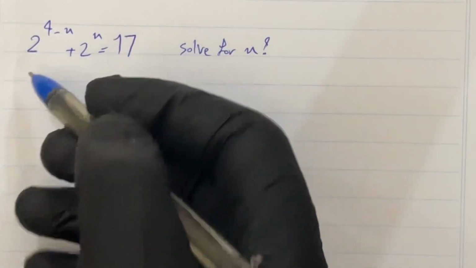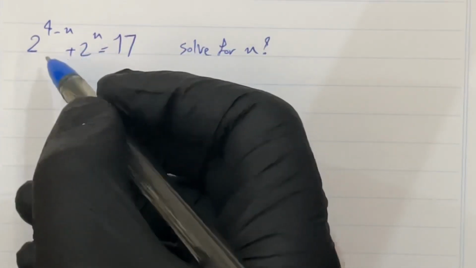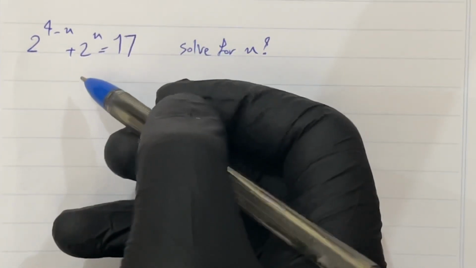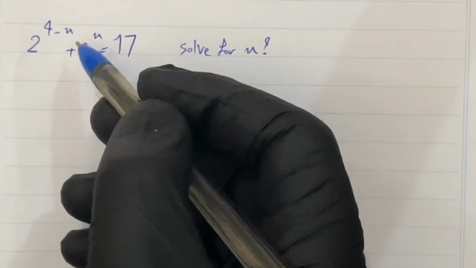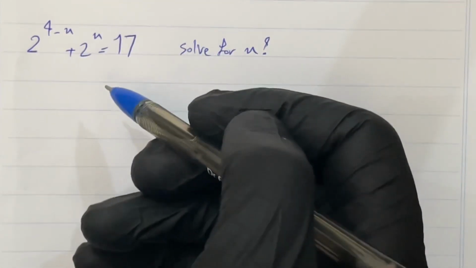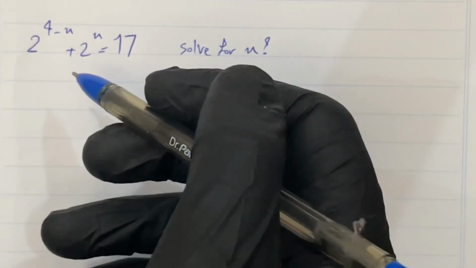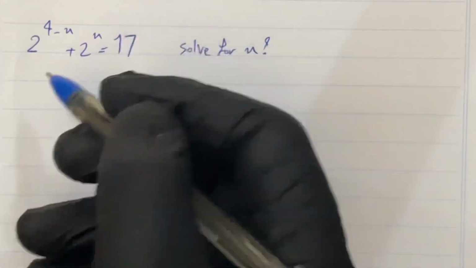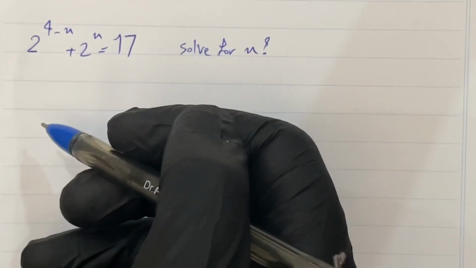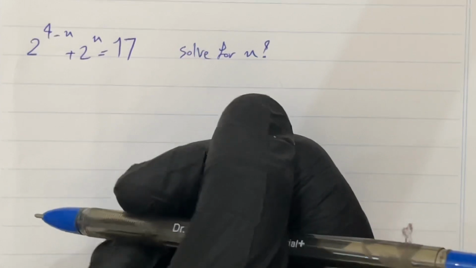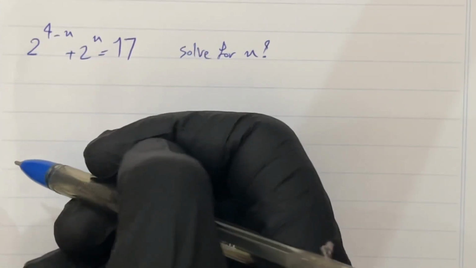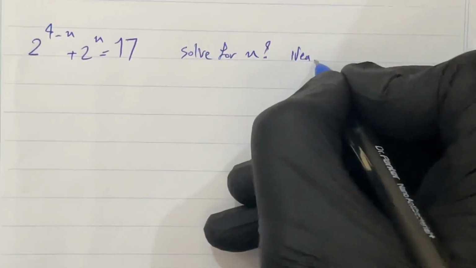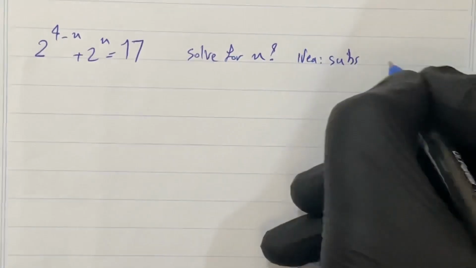But in this question, you cannot prove that the left-hand side is monotonically, strictly increasing or decreasing, because we have a 4 minus x here and x here. And if you just test some values in it, you see that no, that idea doesn't work. So we should go with another idea, which in these problems, I will say it is the substitution that works